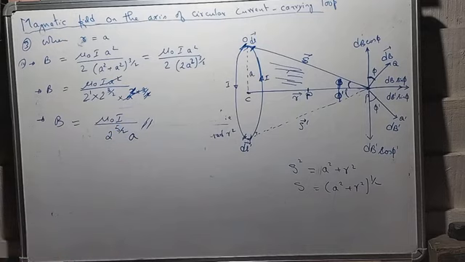So this is all about the magnetic field at different points of the axial line. The axial line means it may be at the center, it may be at a very far point from the center, or it may be at a distance which is equivalent to the radius of the